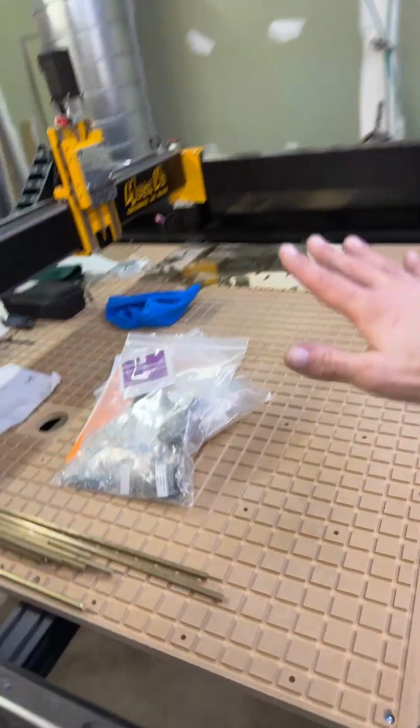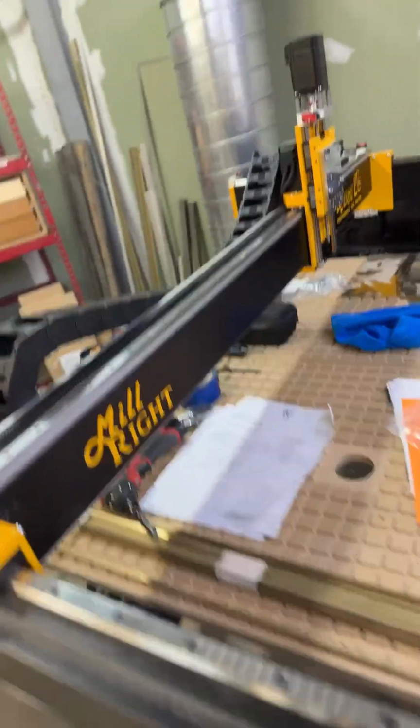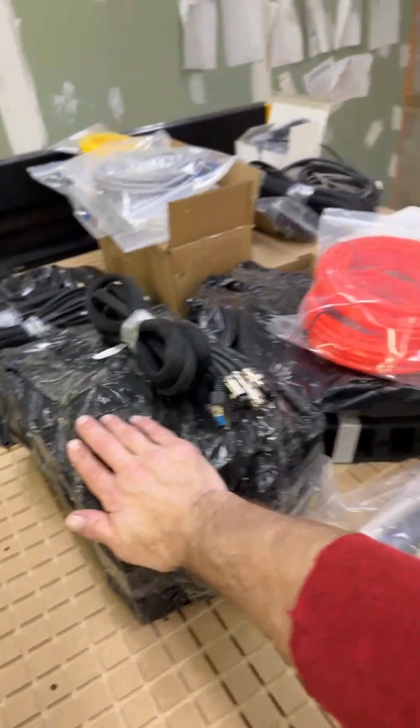And so, yeah, we'll be cutting out a lot more parts out of plywoods, right? So the router's kind of cool. And again, the company we got is Millwright. And again, it's almost done. It's getting close. We got the electronics we got to install at this point, and then we're in pretty good shape there. So what are we going to do with this router? Let me show you exactly what some of the things are we'll do with this router